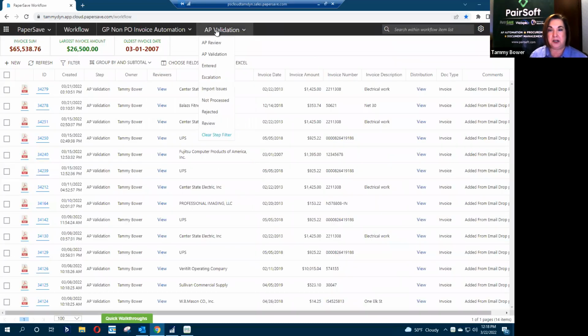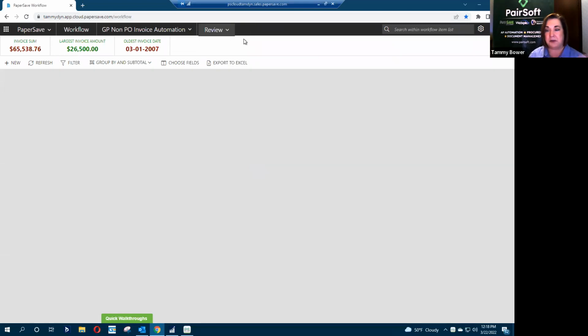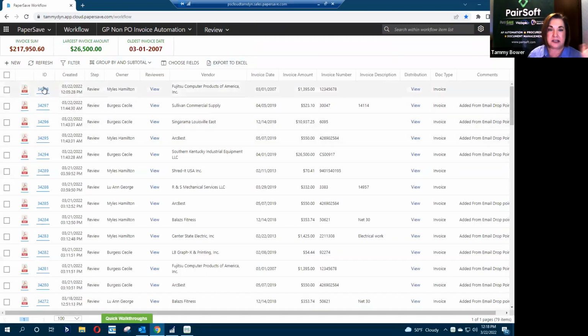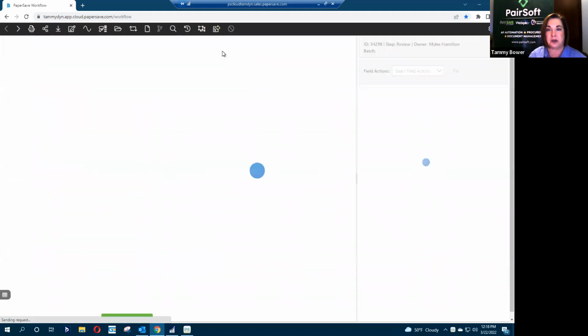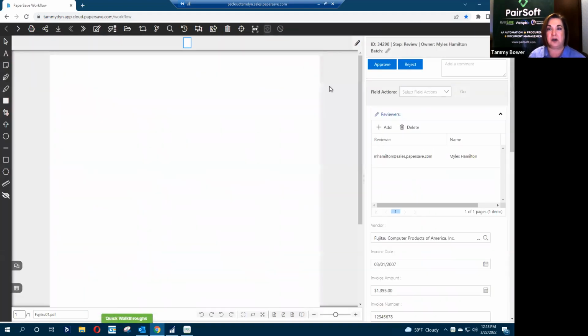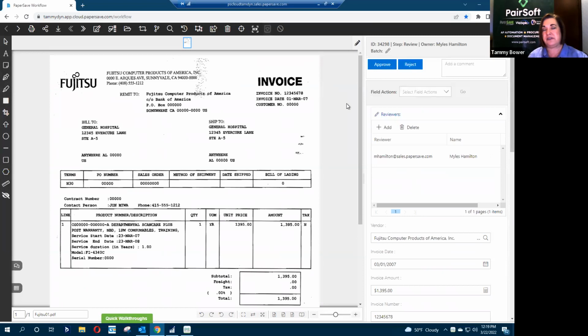All right, I'm going to go and play a reviewer. I'm not going to go into a lot of detail here. If you're not using the workflow, this is part of the workflow. Approvers can get email notifications and they can approve from an email. They can approve from our mobile app. They can even add documents from our mobile app. We might need to do a webcast specifically on the mobile app. If some of you are interested in that, put that in the chat area or Q&A, and we'll get that on the docket for an upcoming webcast.